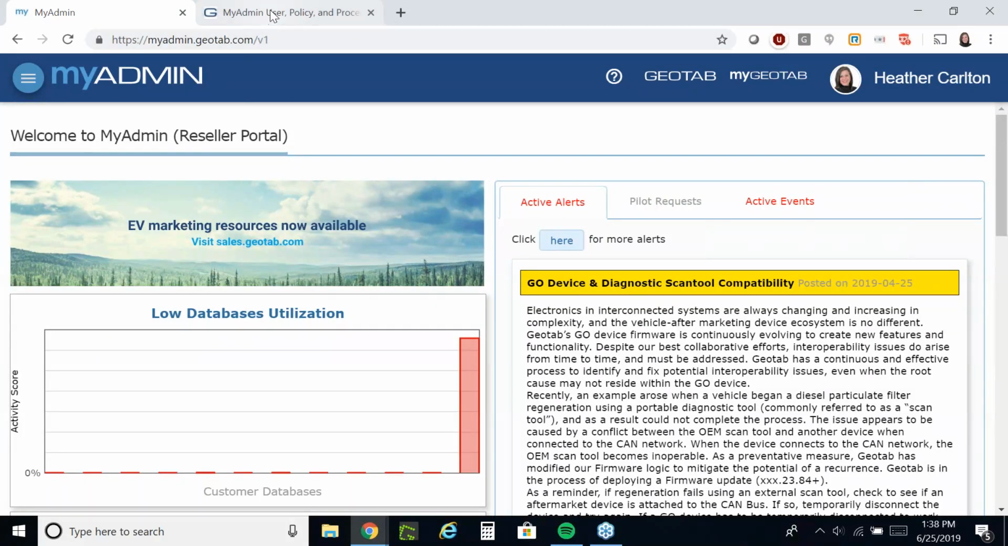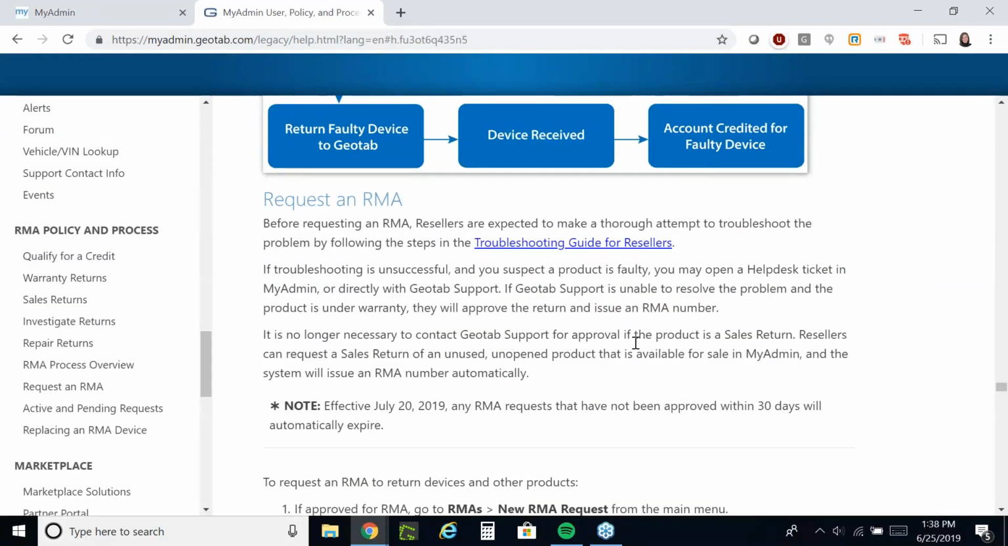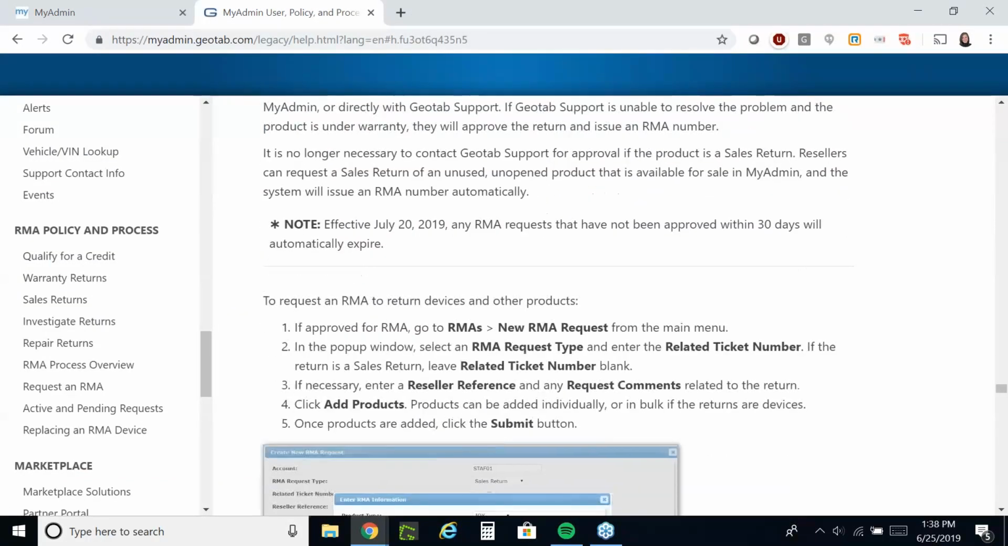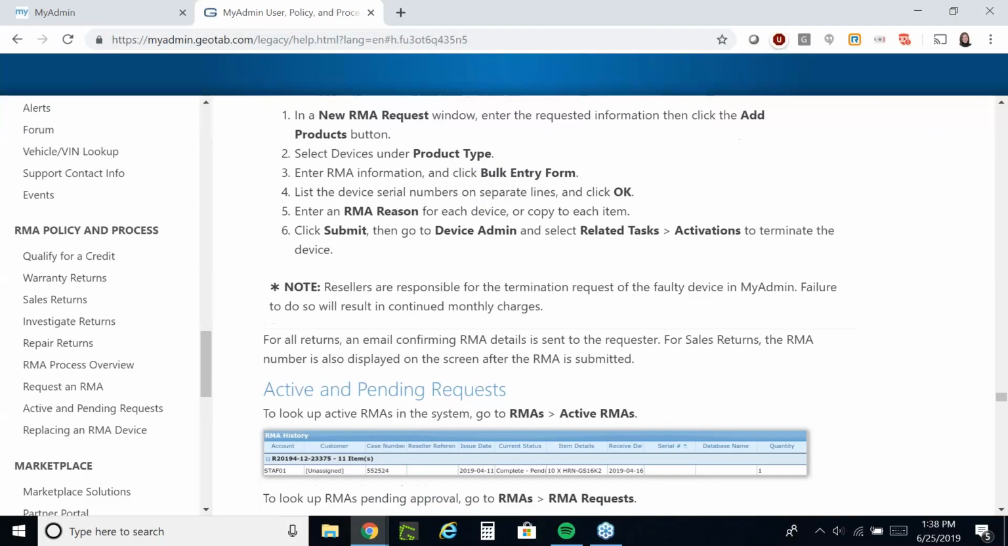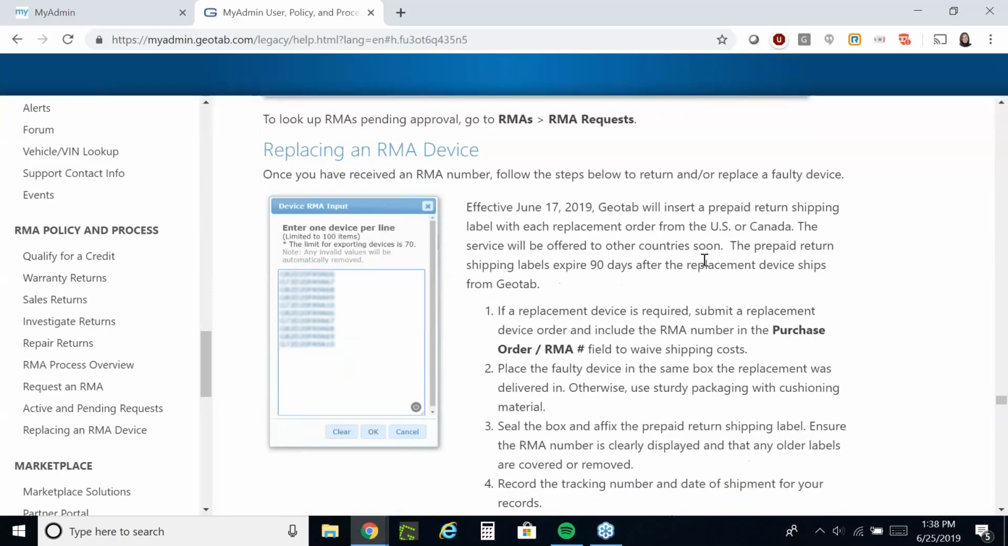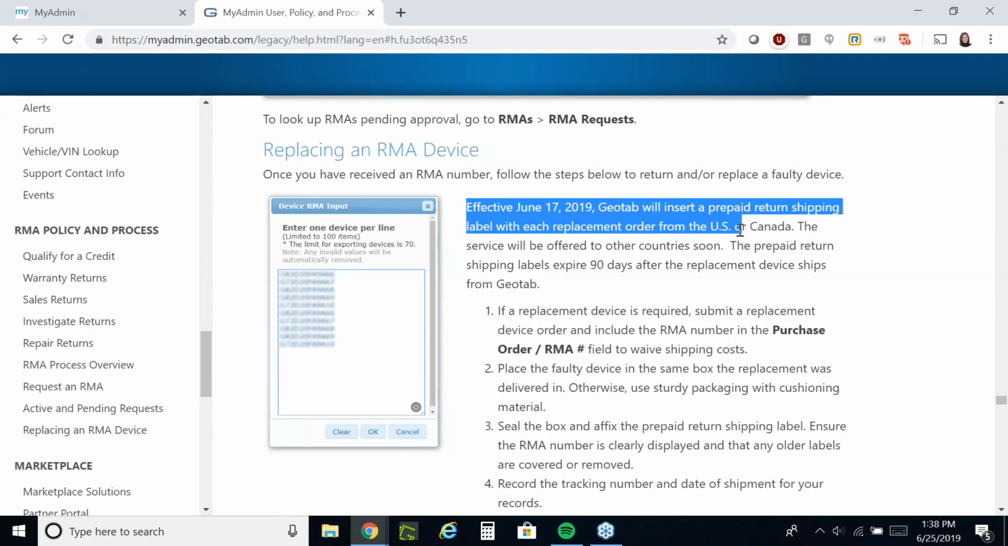Okay. I just want to pop back into the user policy guide to finish up a little bit. I'm going to scroll down through the how-to stuff because we've already walked through that live. And I want to end at replacing an RMA device. So really big news here, and a fantastic new update to our RMA process is that as of June 17th,